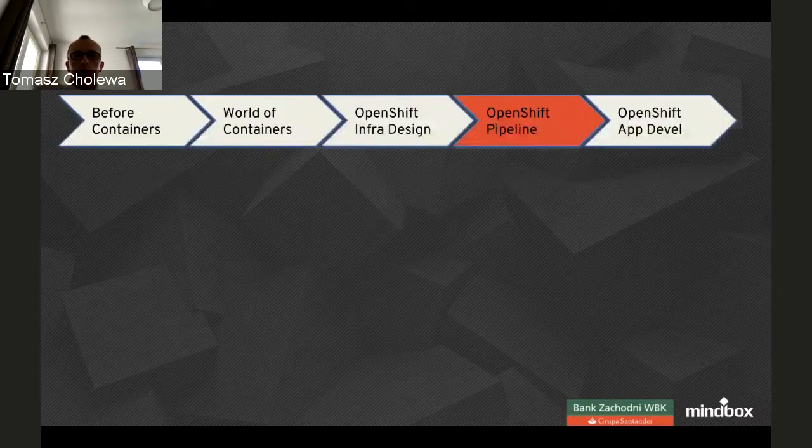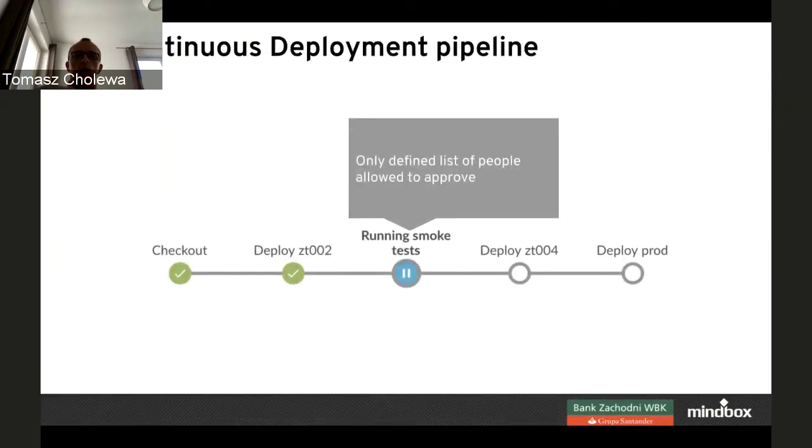Of course, we use some kind of pipelines, and OpenShift has tight integration with Jenkins. So our work was to create